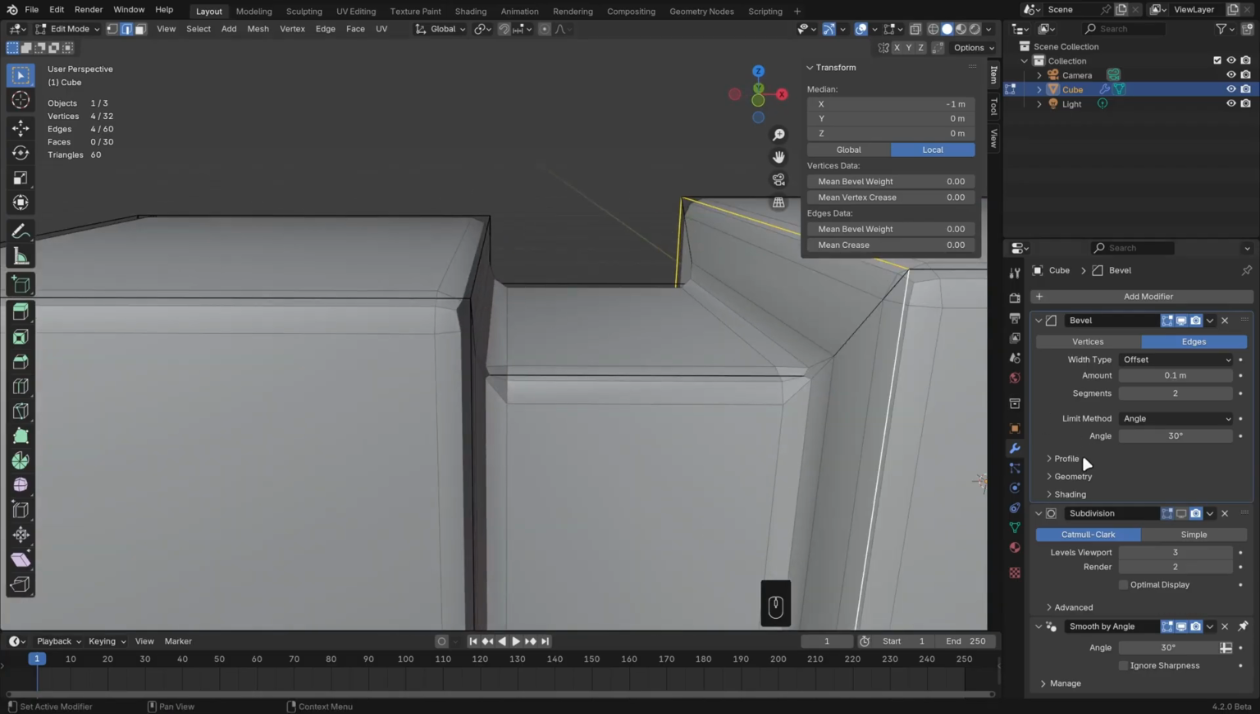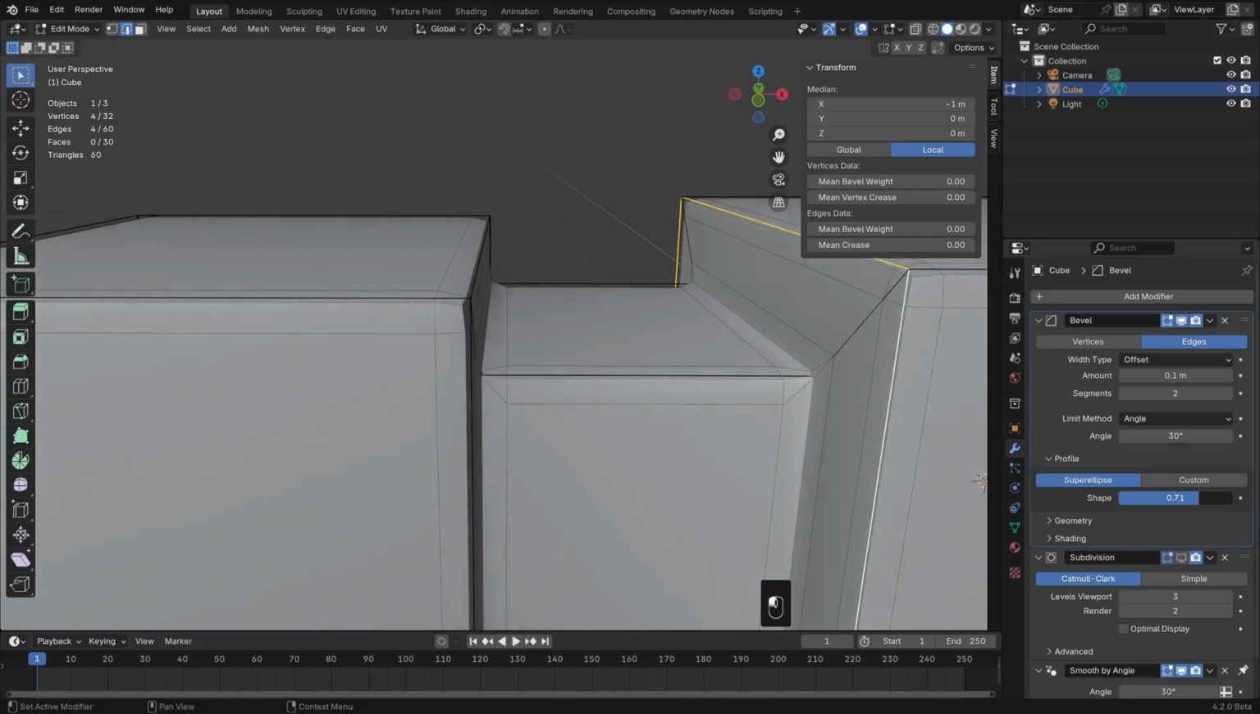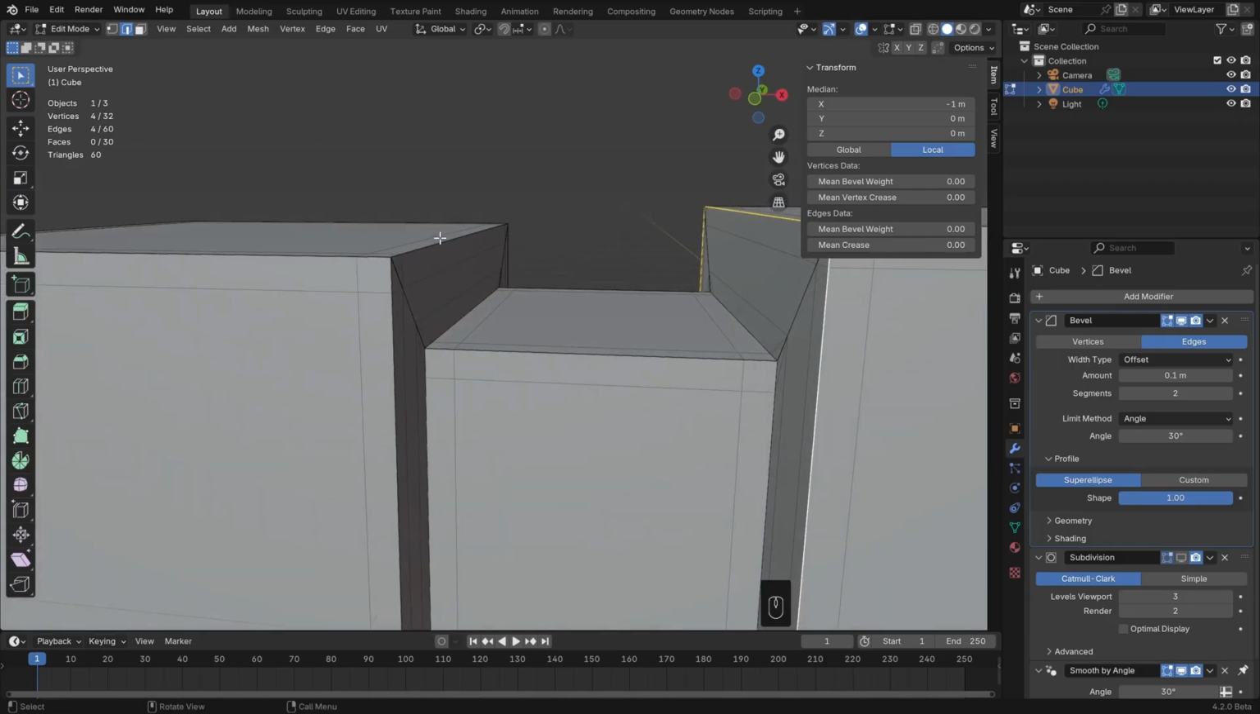Then we want to go to Profile and turn the shape all the way to 1. That way there's no difference in the shape between turning on and off the bevel, it's just that we get those extra edges. Then if you want to be more specific about which edges are getting beveled, set the limit